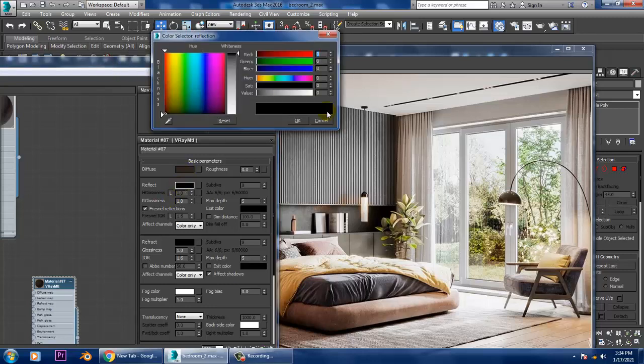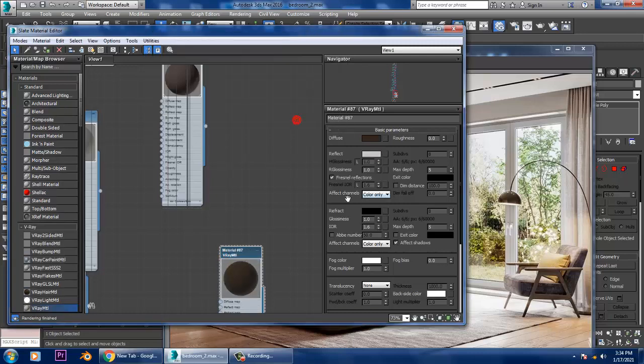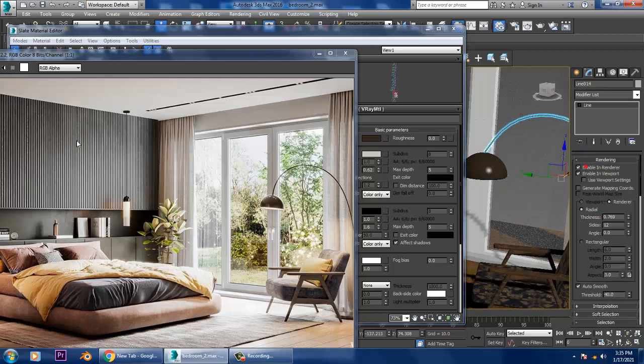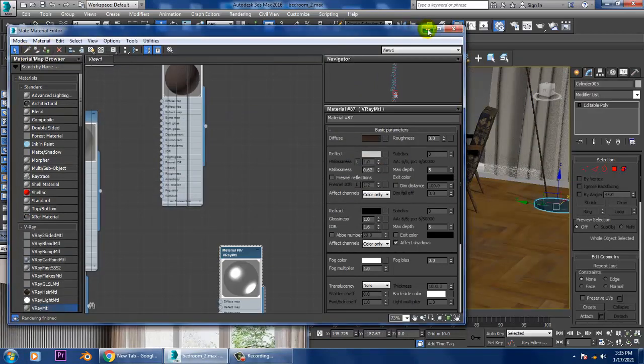Let's go into this, give a reflective property, reduce this, so let's assign this over here, same for this, assign this, same for this. Let's see how it looks like.